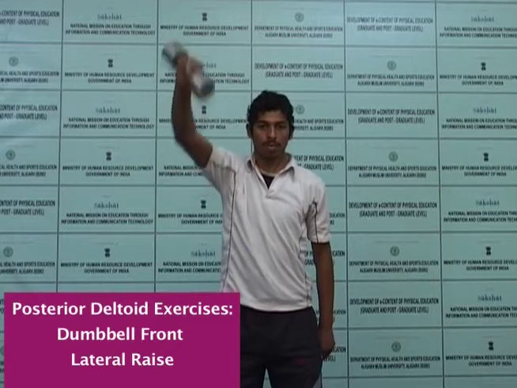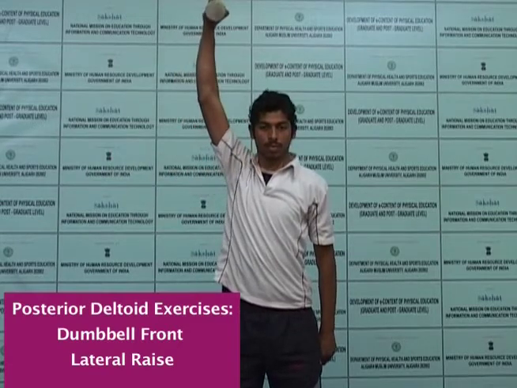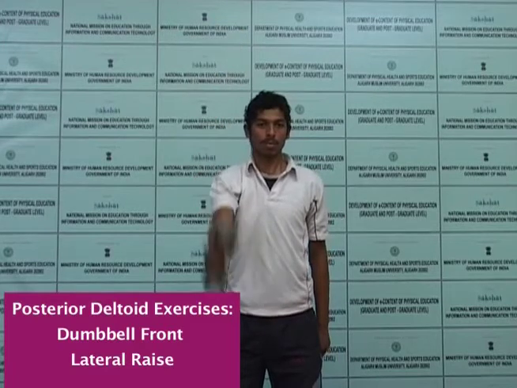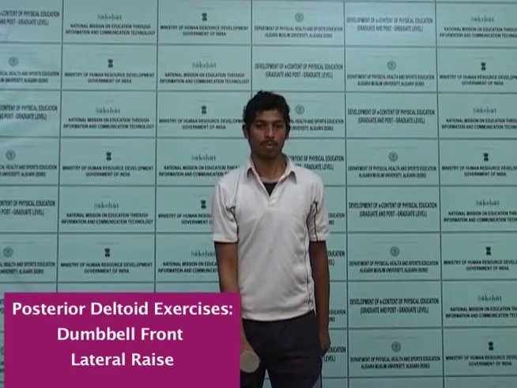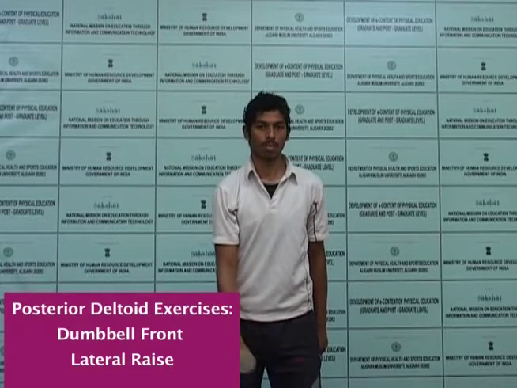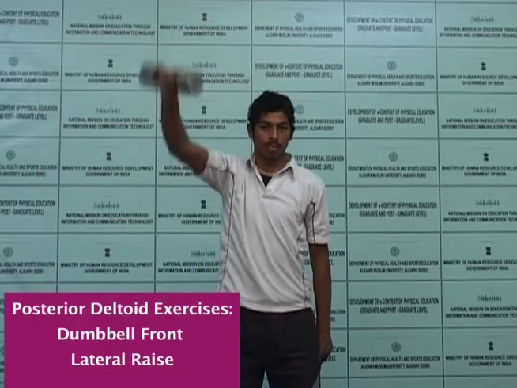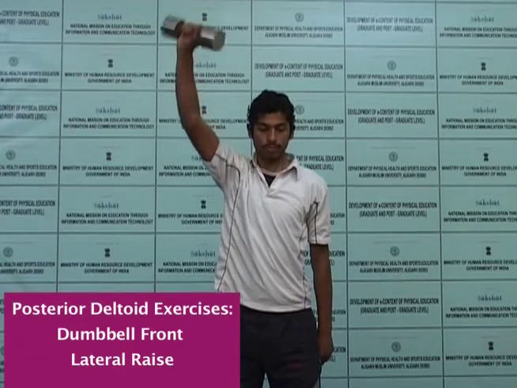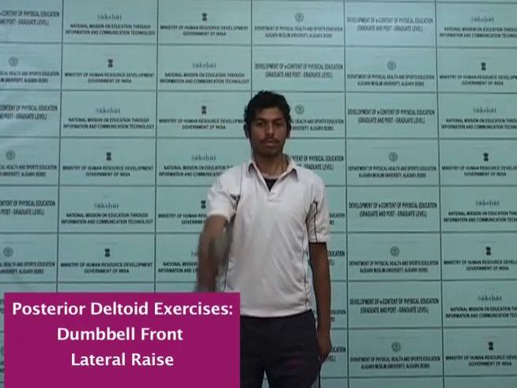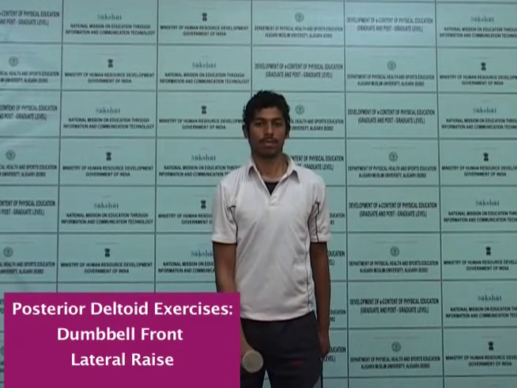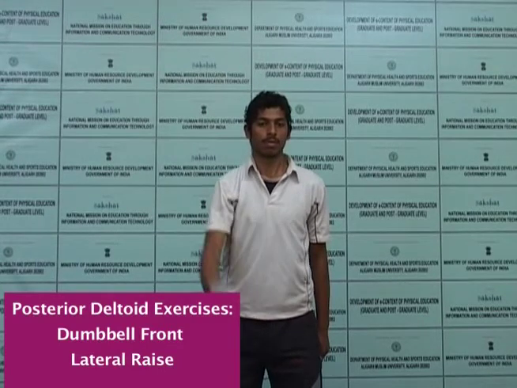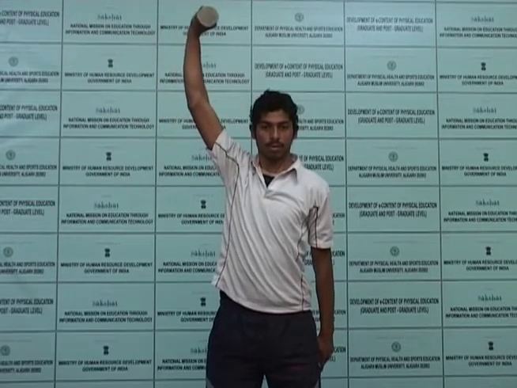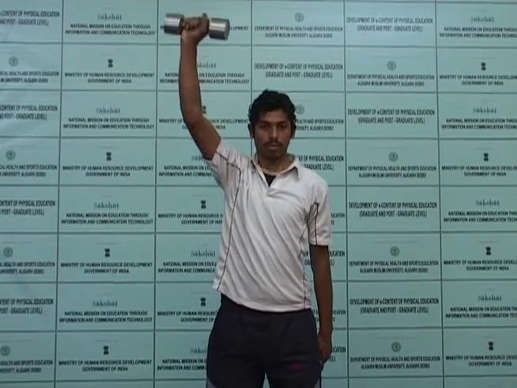We are instructing the person to stand, grasp the dumbbells and position the dumbbells in front of the thighs. Turn the dumbbells palms down and keep the elbows straight. Now, we are asking the subject to raise the arms to the sides, slightly to the front, until shoulder height or a slightly higher level. Then lower and repeat. Continue with the opposite arm.